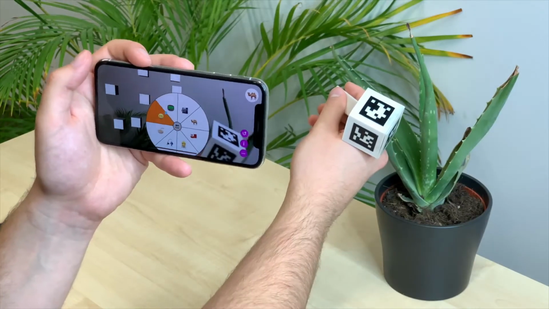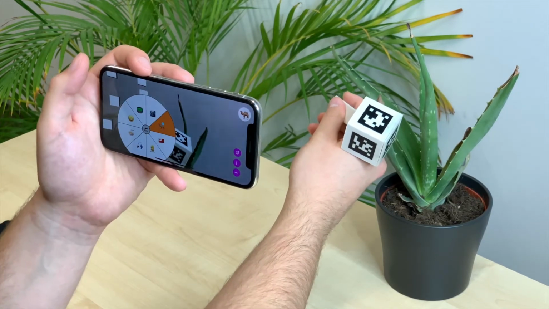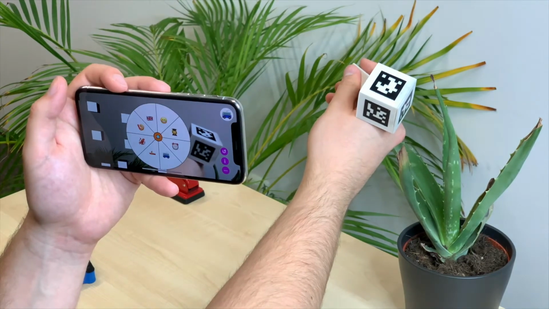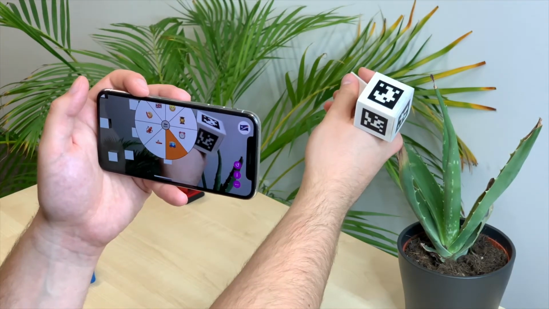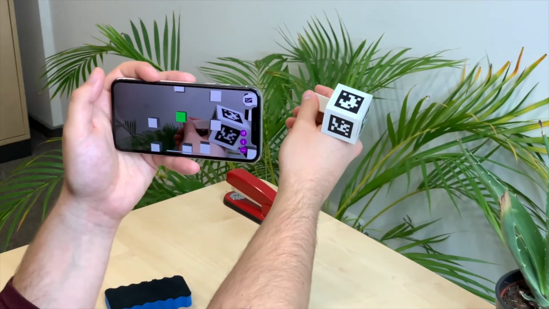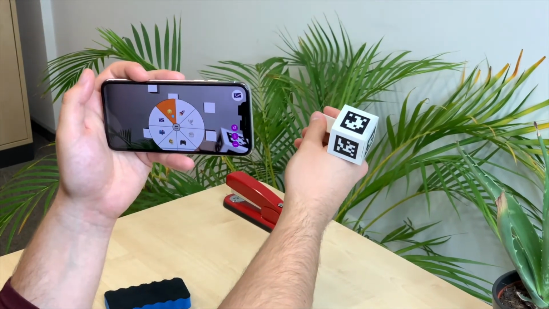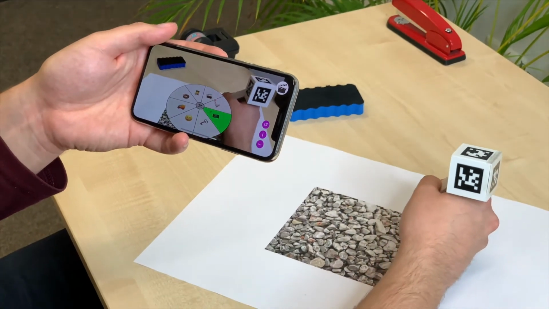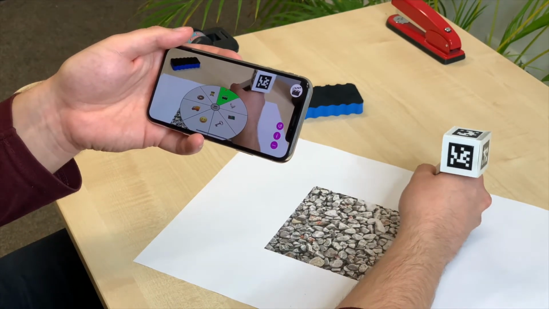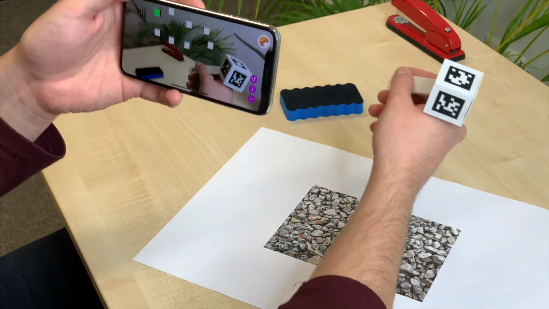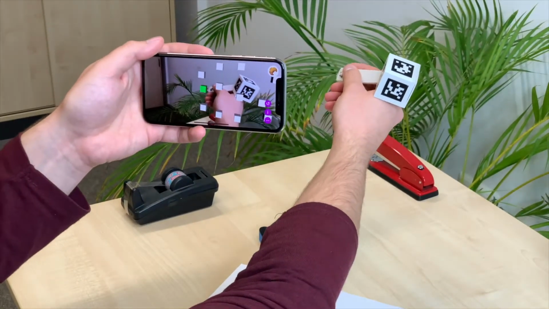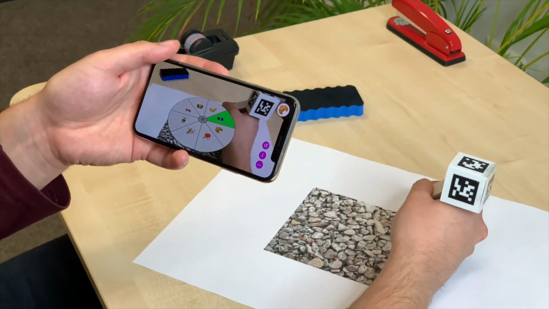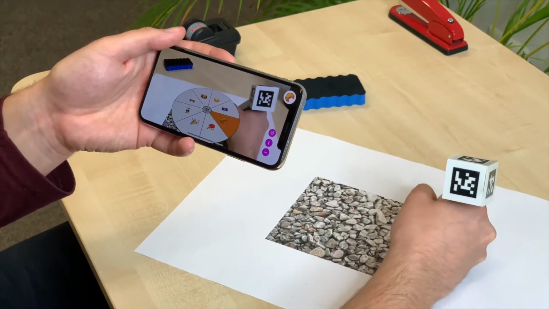In the fourth method, called device pointer, you see a cursor on the smartphone. You move and rotate the smartphone until that cursor highlights the menu item you want. Then you confirm by pressing a button on the pen in your other hand. The fifth technique, called surface menu, uses the haptic properties of the physical environment around you. The menu is rendered onto an existing physical horizontal surface in front of you. You select items by tapping them with a pen.